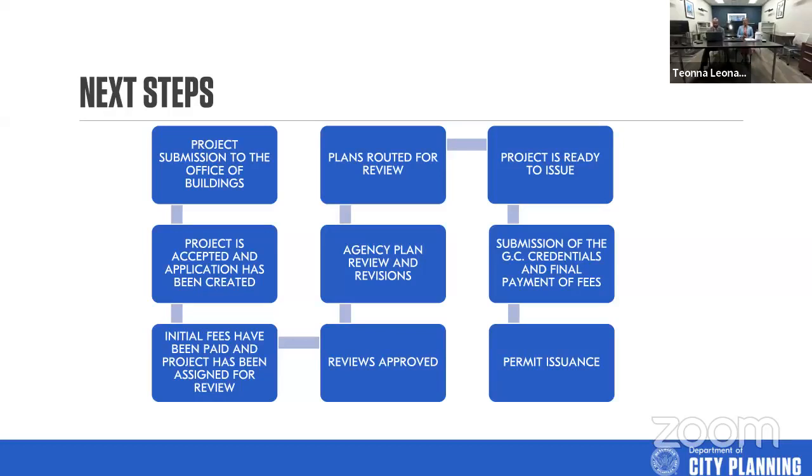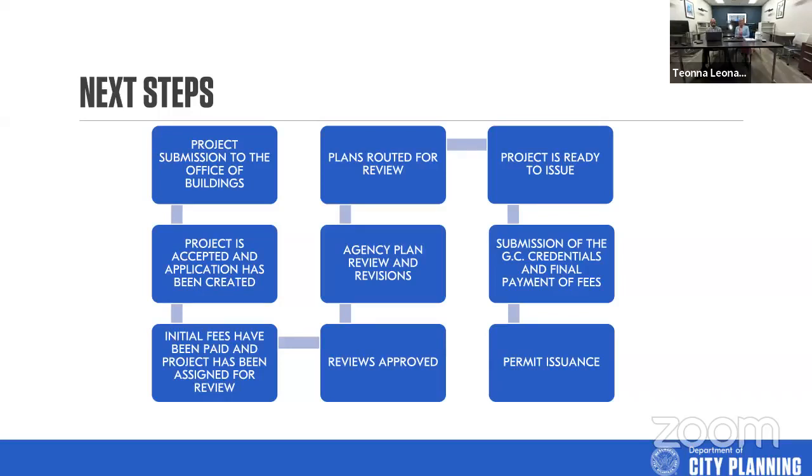Once the approval has been granted, the project comes to my team, the development services team, where we assess the final fees. The fee that you pay up front is just the deposit. It's typically half of the permit fee, or half of the building permit fee, not including any external agency fees, like site development, or if you have 3 or more additional plan reviews, there's other fees that will be added as well. But the deposit is usually half of the building permit fee.